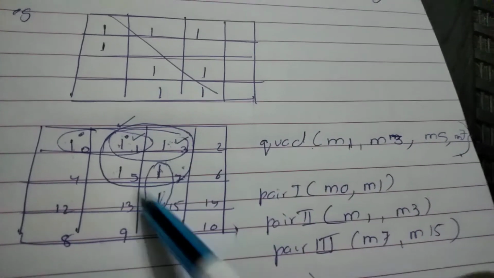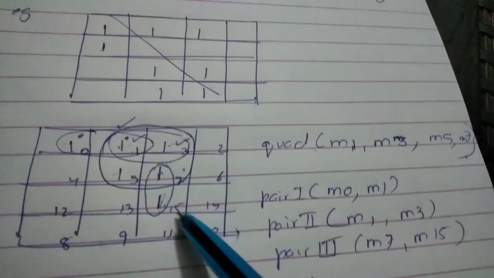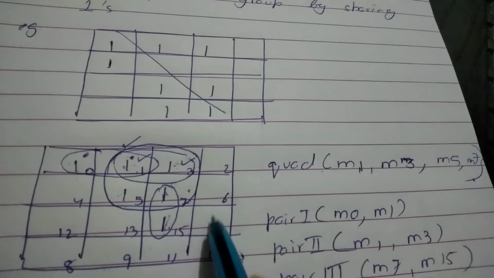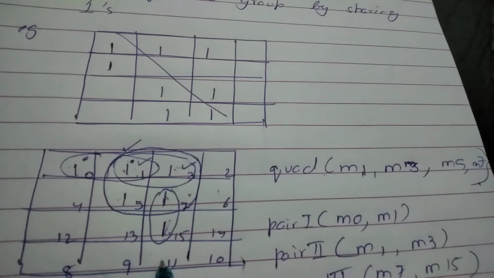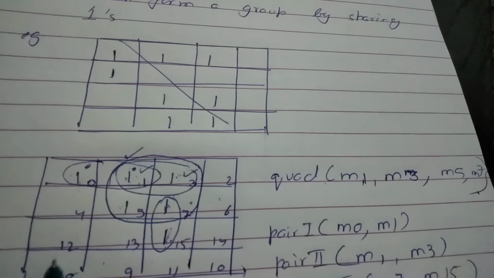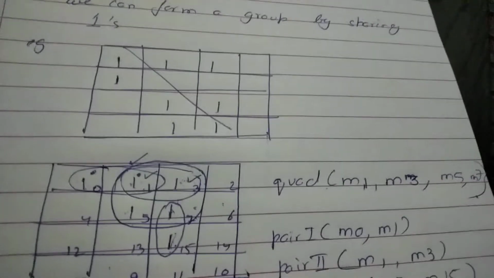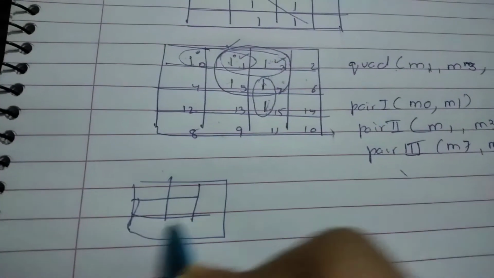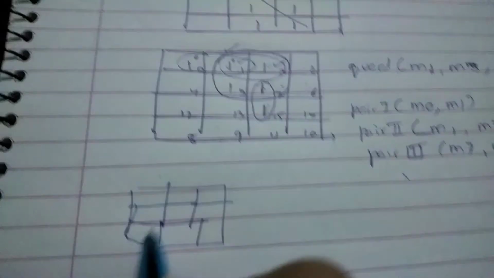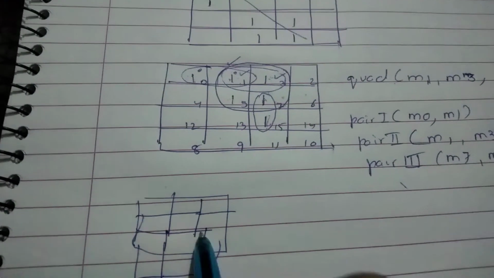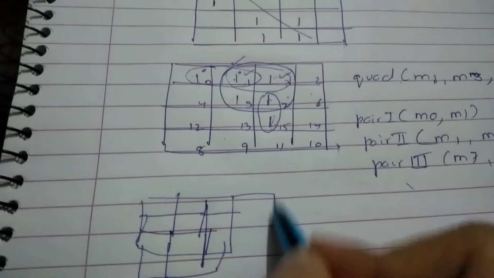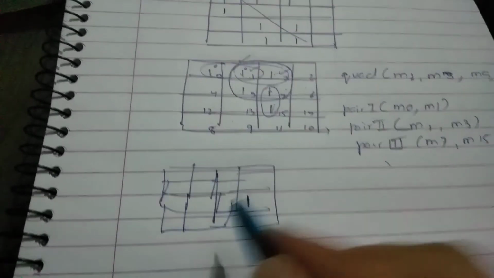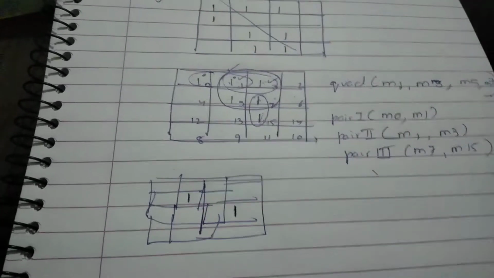So we have to make sure every one is being included somewhere or the other. There might be a possibility that a one is left somewhere, let's say here or in some corner, and it will be forming something. Okay, so there can be a one somewhere in between which is not being shared by anyone. So for example, okay, it's not neat though. So you have only one here, it's not being shared, and one here, there's another one here.